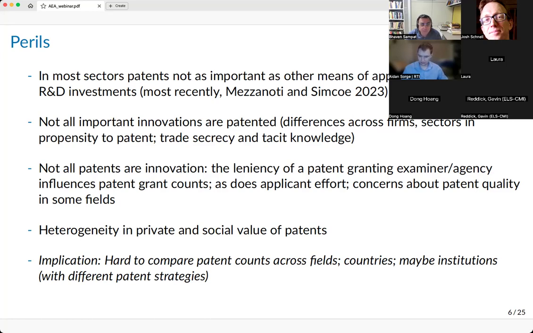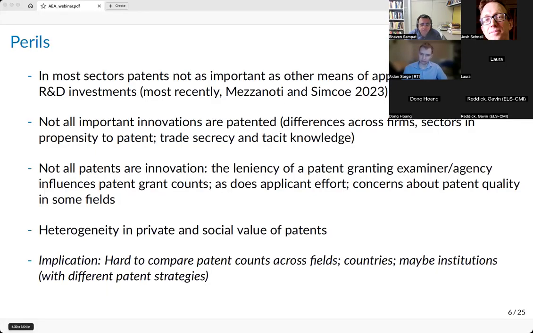First, maybe most importantly, in most sectors, patents are meant to be a measure of invention, innovation. Won't get into semantics around that just yet, but it's important that in most sectors, and there's probably at this point a 50, 60-year-old empirical legacy in economics suggesting that patents are not the most important way in which firms appropriate returns from R&D. In many sectors, firms use trade secrecy,